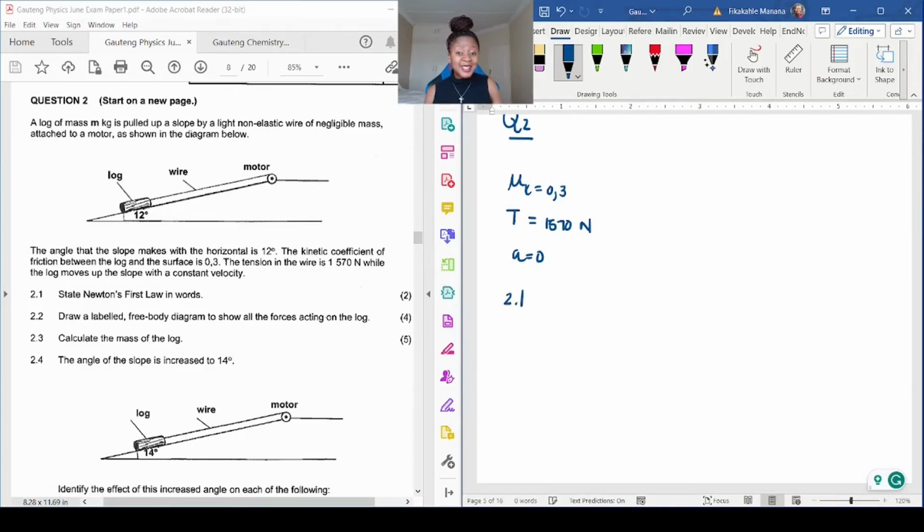I wonder when it comes to definitions, I'm just going to say it, I'm not going to write it. State Newton's first law in words. Okay, so Newton 1, for those who are not good at cramming, remember it just says that when you have a body in a state where it's at rest or it's moving at constant velocity, it will remain at rest or it will remain moving at constant velocity unless an external resultant force that is not equal to 0 acts